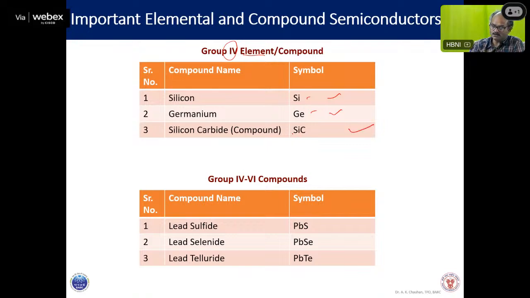This is both silicon and carbon from the 4th group. So from group 4 elements, these 3 semiconducting materials are very commonly used. Then if you look at group 4 and group 6 compounds, the following semiconductors are used: lead sulfide, lead selenide, lead telluride,